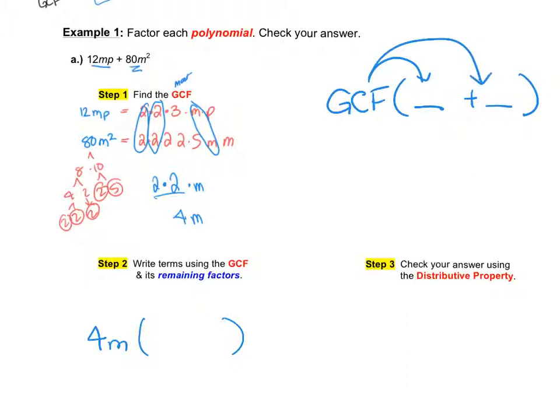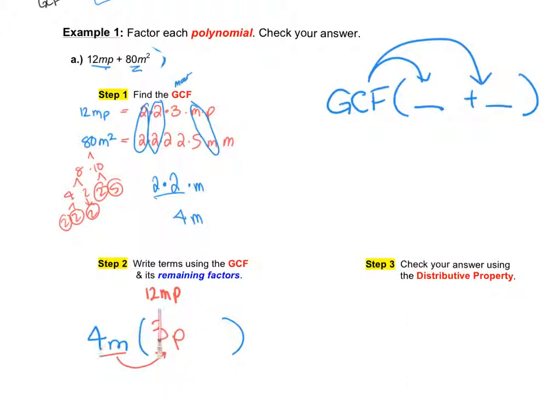So if I know that 4m is what I multiplied, when you're looking back at the original 12mp and 80m squared, you ask yourself, well, if I got 12mp when I multiplied 4m by something, then obviously I'm going to divide 12mp by 4m. So that means this must have been 3p, because when I multiply it, I get